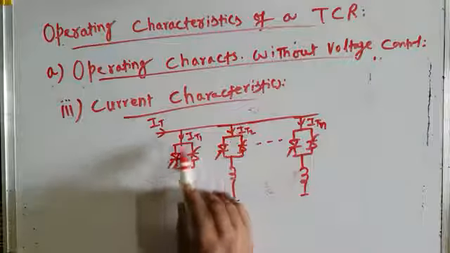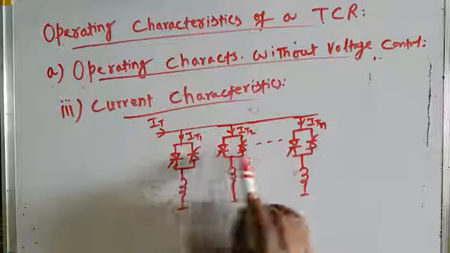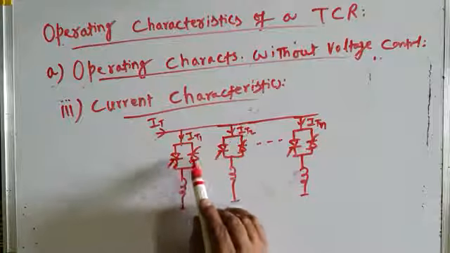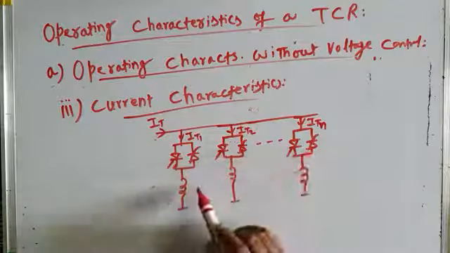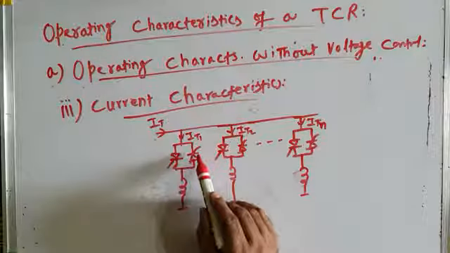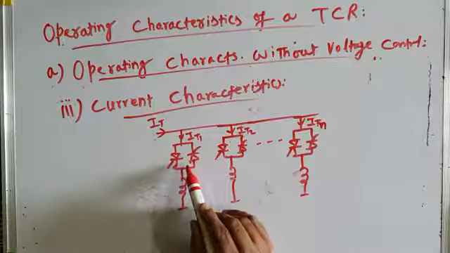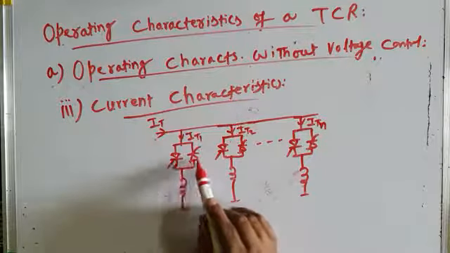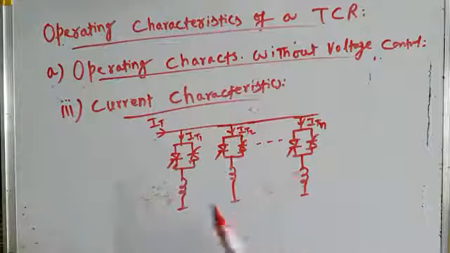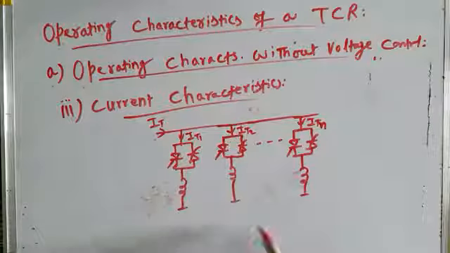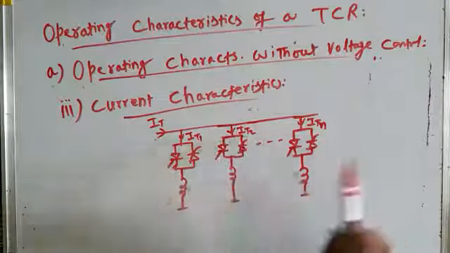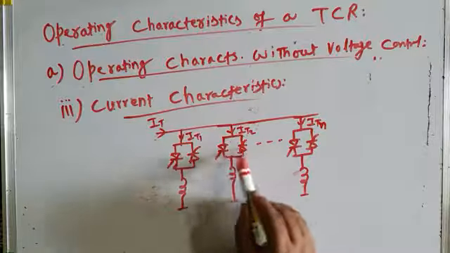Each TCR or TSR has a bidirectional switch comprising an anti-parallel connected pair of thyristors or SCRs, and you have to find the current rating of these thyristor pairs. That will be possible only if you know the branch currents. If you know IT1, IT2, and so on, you will be able to find the current ratings